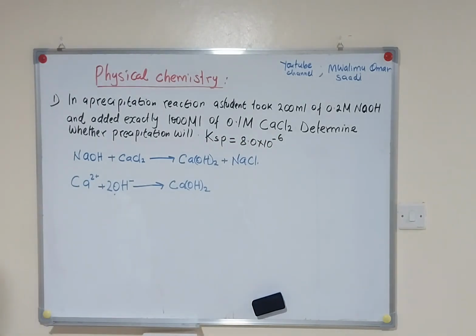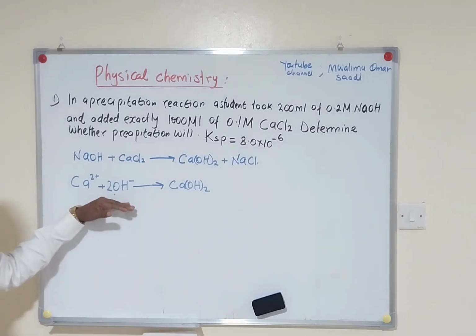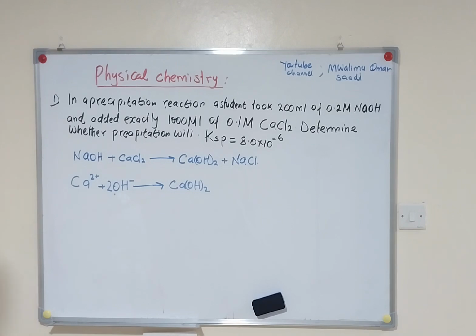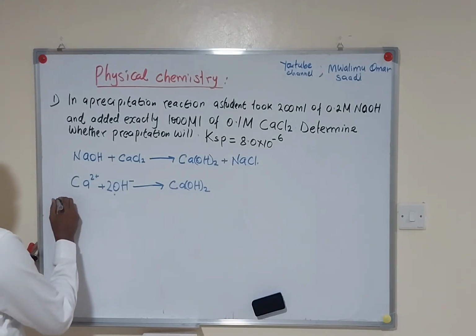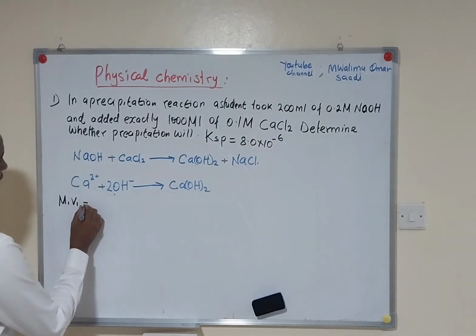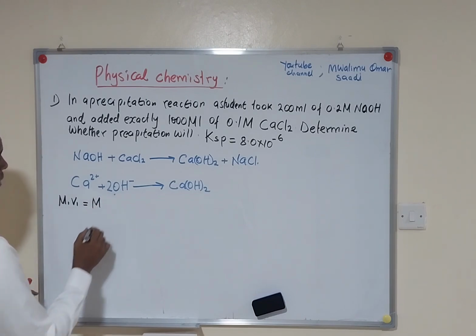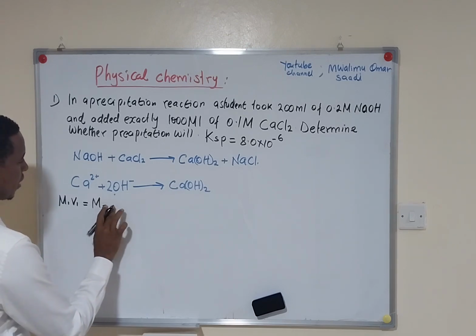So to get the final concentration of calcium ion and the final concentration of hydroxide ion, we need to use this formula, M1, that is the initial concentration, times the initial volume, is equal to the final concentration times